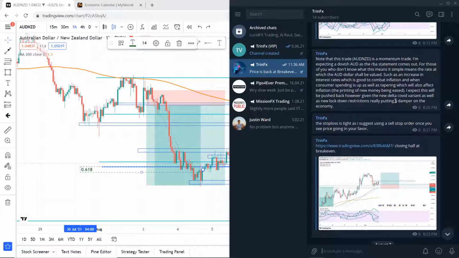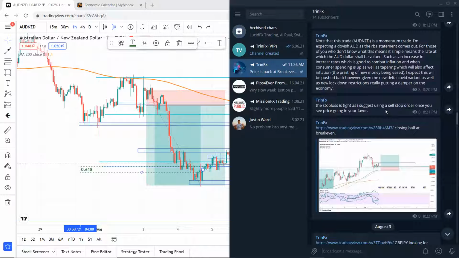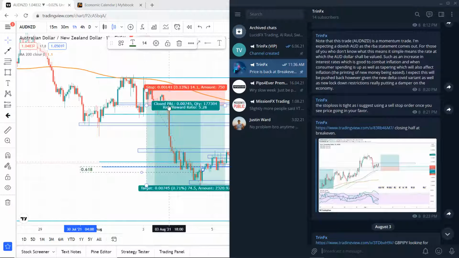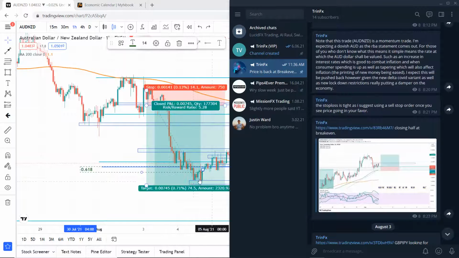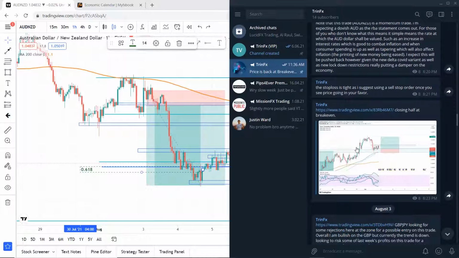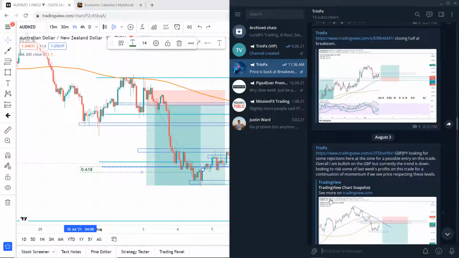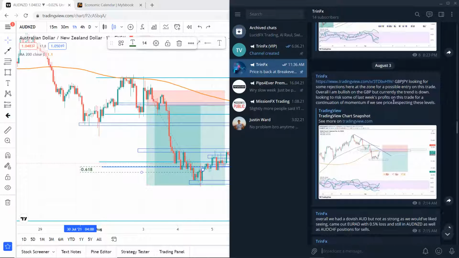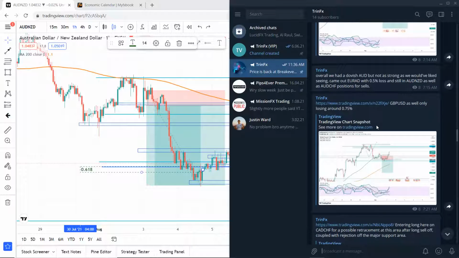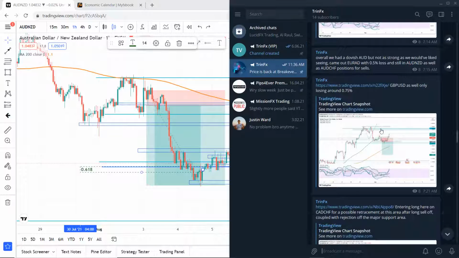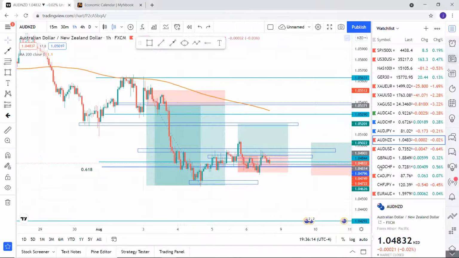As well as fears about the new Delta COVID variant, and restrictions being put back into place, dampening the economic recovery, all that contributing to that bearishness that we would have seen on the AUD right here. Right, so that trade, clean win. JPY, did not enter that, didn't see enough to support it. Right. This was GBPUSD, did come out at